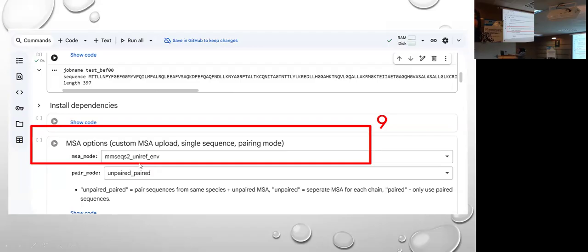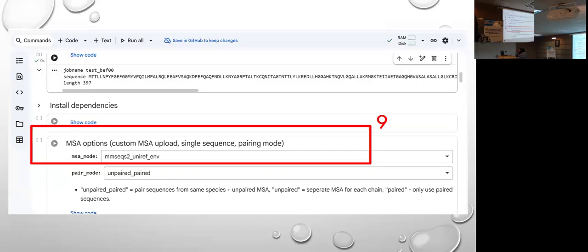You have to just click on this, and then pair mode. In the pair mode, unpaired and paired, it does the template alignment unpaired-wise and paired-wise. Whatever model it takes, it first aligns it to see how much percent identity there is. Depending on the percent identity, it takes the best template from here and moves on to the next step.